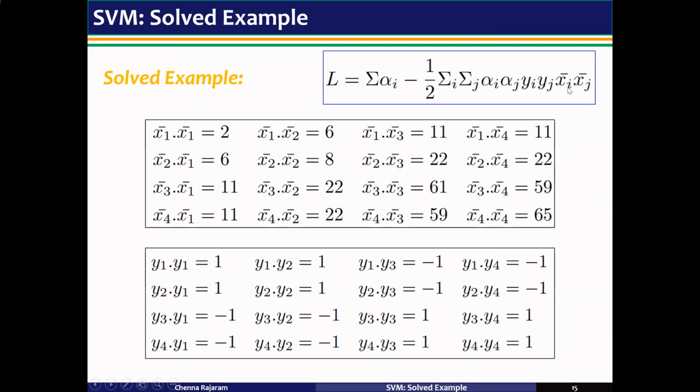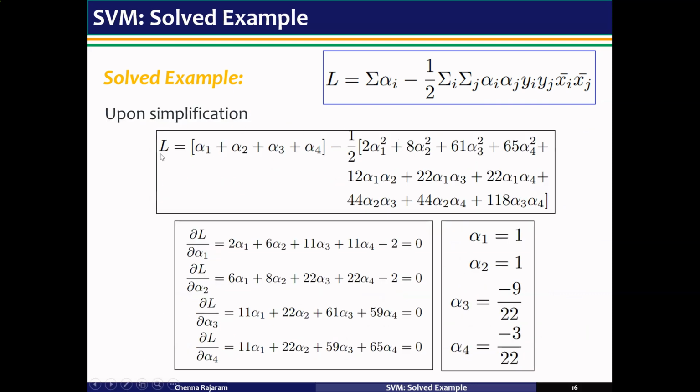First we need to determine xi bar dot product xj bar and yi yj. So these are the values for xi bar and xj bar and yi yj. Upon simplification, we arrive at the Lagrange multiplier L equal to alpha terms minus half of sigma of alpha terms, y terms and x bar terms. Now we take the partial differentiation with respect to alpha 1, alpha 2, alpha 3 and alpha 4